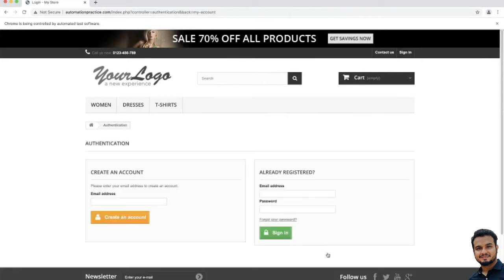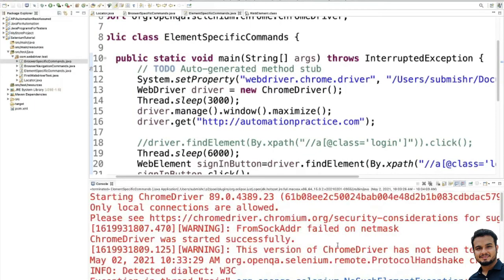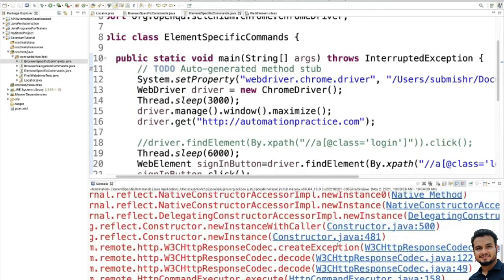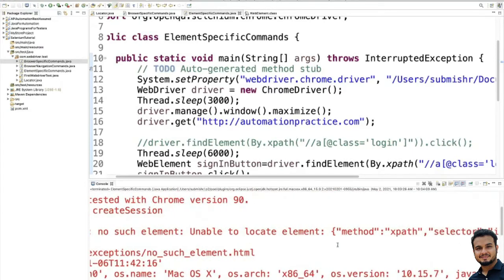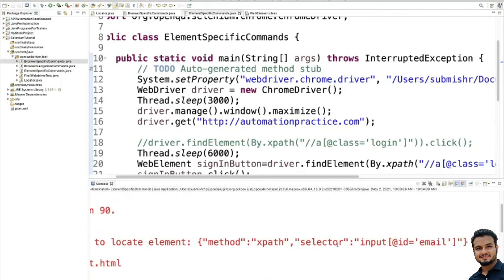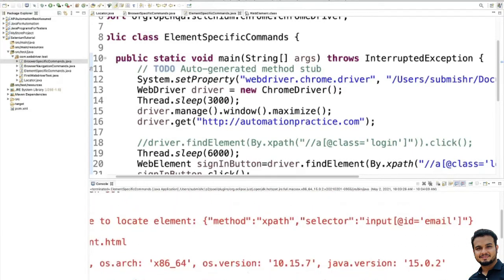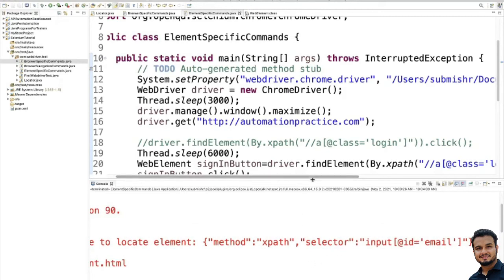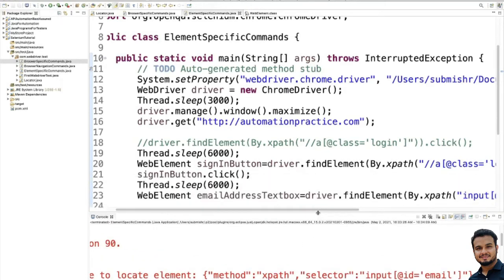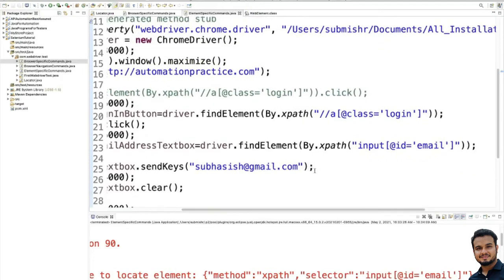Now the sign in button is clicked and we are here at the email address text box. What happened? Nothing is happening. See, it is telling unable to find this XPath. So there is a problem in this XPath. It is not finding it. So we'll see why it is not finding this.